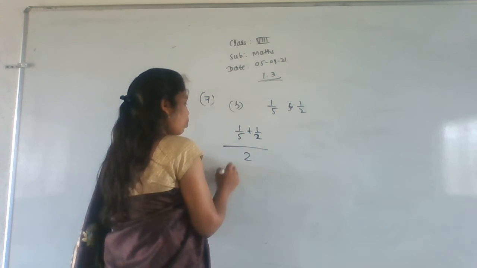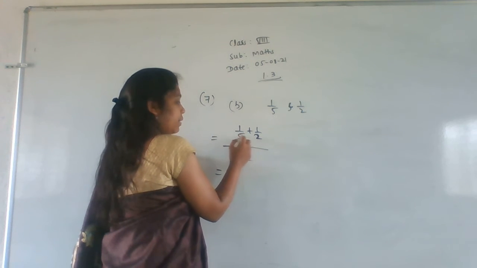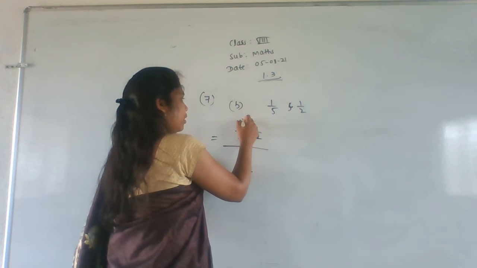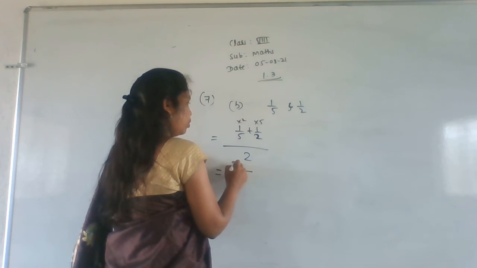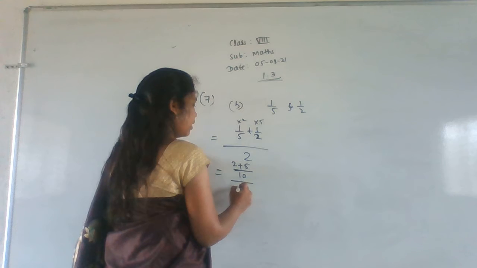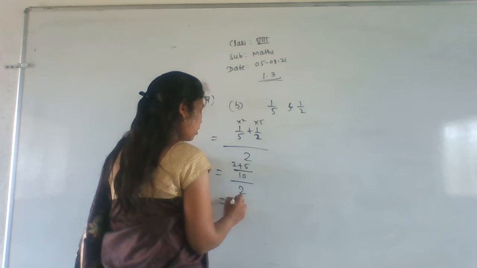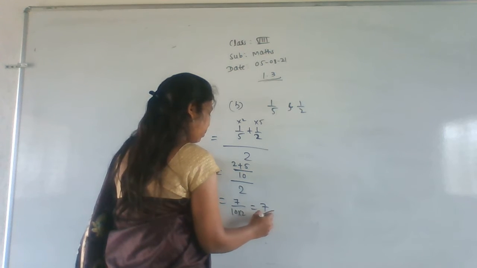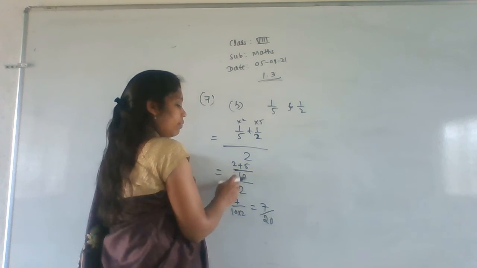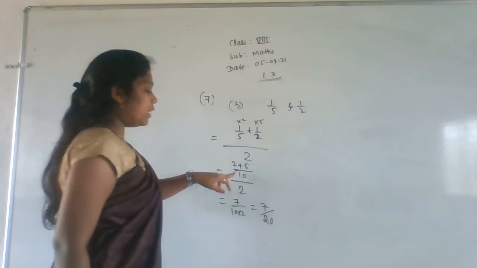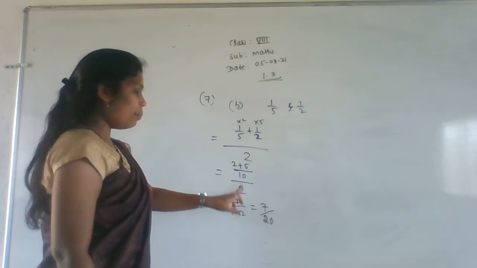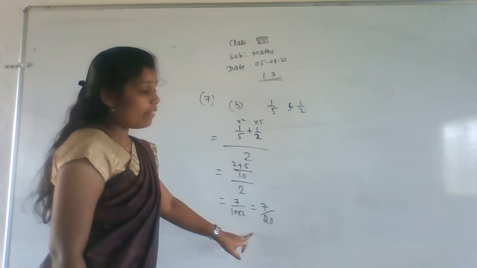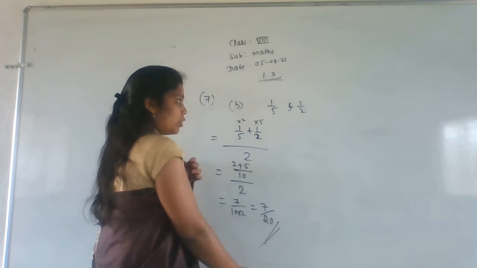Right? So what is the LCM in the numerator? That will be 10. Right? So 5 2s are 10, 2 5s are 10. That will be 2 plus 5 divided by 2. So that is nothing but 7 divided by 10 into 2. That will be 7 by 20. This 10 will go to the denominator, 10 into 2 is 20 here. In the numerator, 5 plus 2 is 7. 7 by 20 is the one rational number.